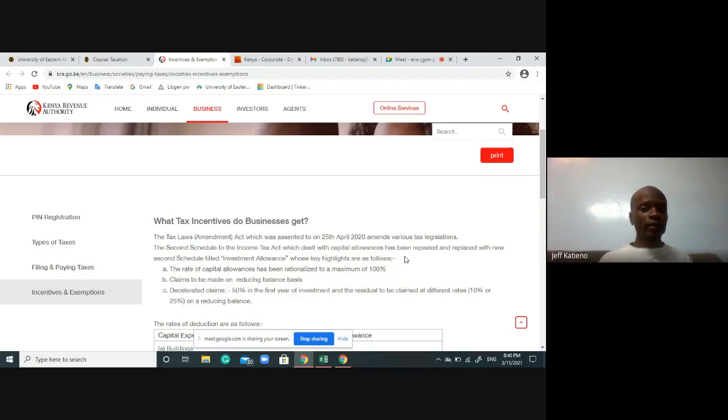So you remember, even the title of this topic is called Capital Deduction Allowance. But with the current law, the current piece of legislation, we should not even call it Capital Deduction Allowances. We should just call it simply Investment Allowance. So Capital Deduction Allowance is a lingo which relates to the previous regime. Now, the details are like this. I'll not read word by word.